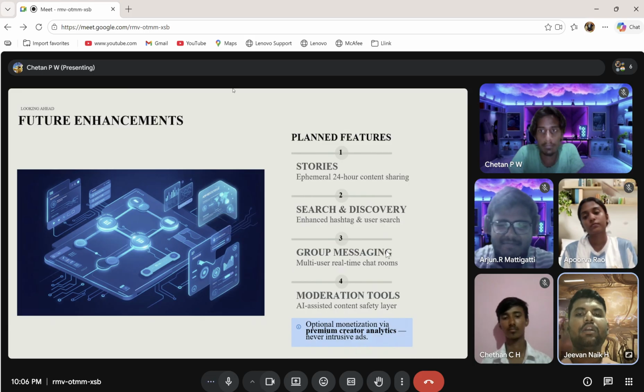And another important feature is moderation tools using AI. This helps in filtering harmful or inappropriate content and keeps the platform safe. So here we are using AI and machine learning models for filtering harmful things and unwanted inappropriate content, to maintain an efficient decorum and efficient